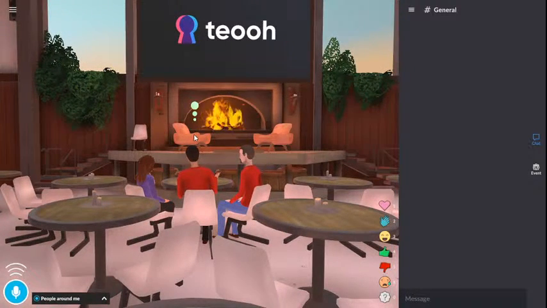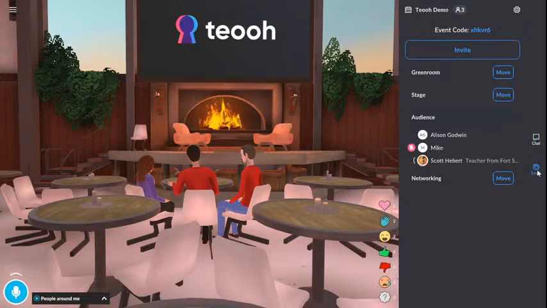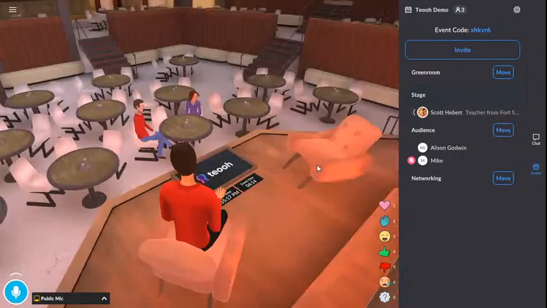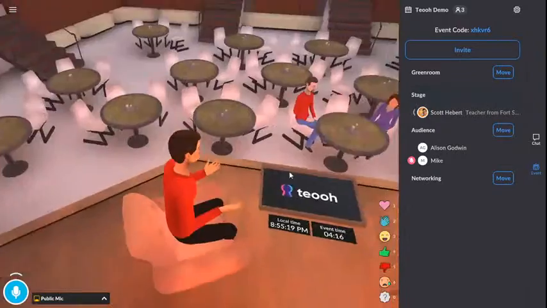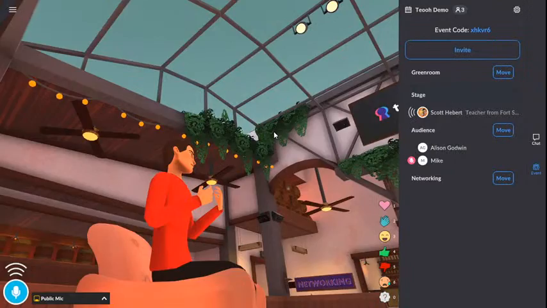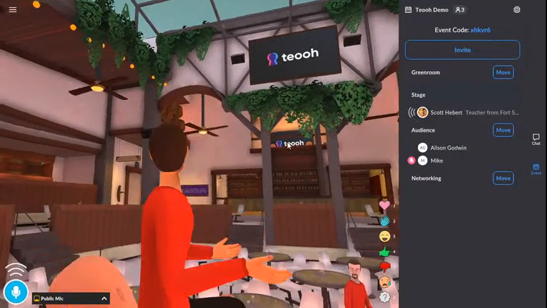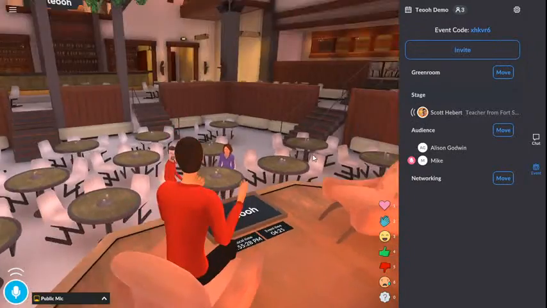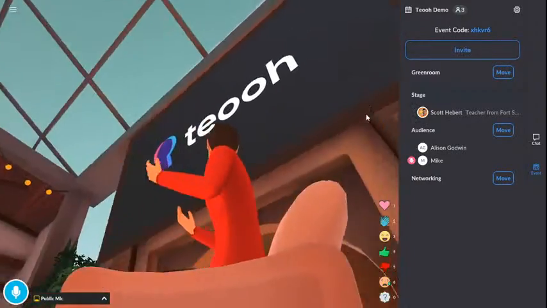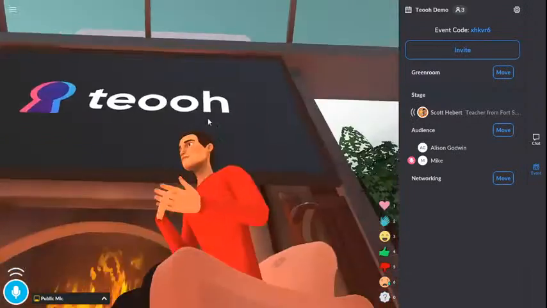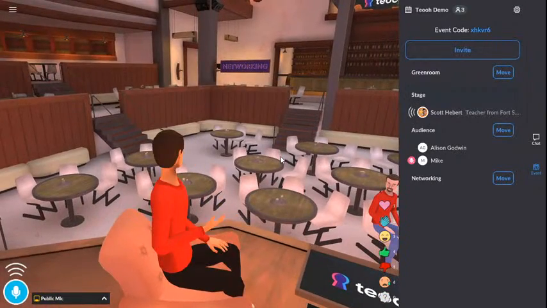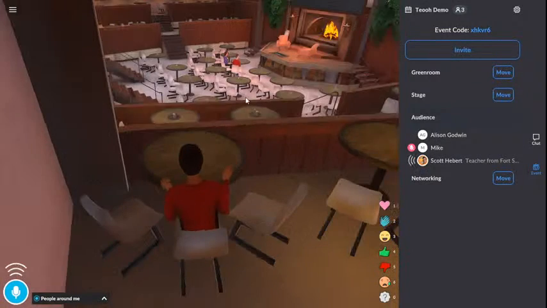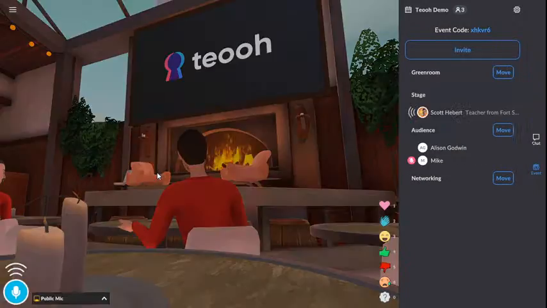Now, what's cool is as the presenter, I can move myself to the stage, and here I am as the meeting host. So these screens, if you actually click and scroll around, you can see that there's screens above, screens on the ground for me actually as the presenter, which is cool. Some screens around, so wherever it is you're looking you can see things, and there's a bunch of different seats that again you can take all over the place. So as the presenter I'll go here.